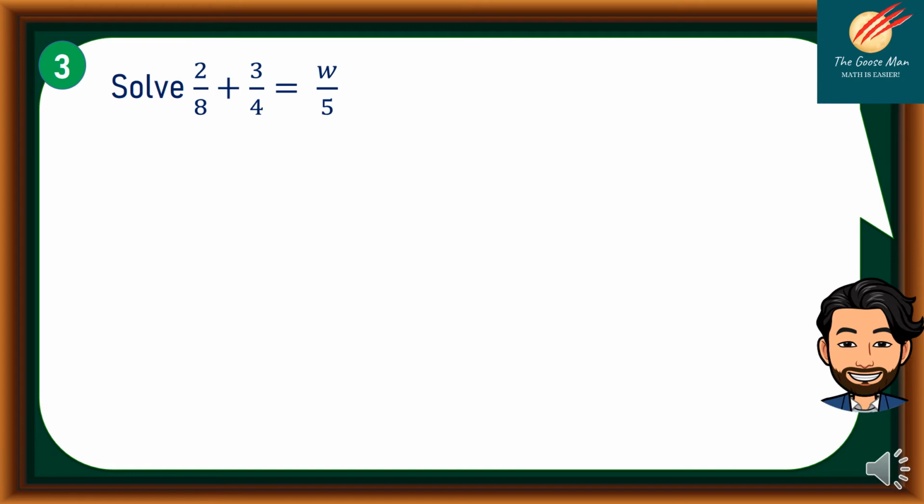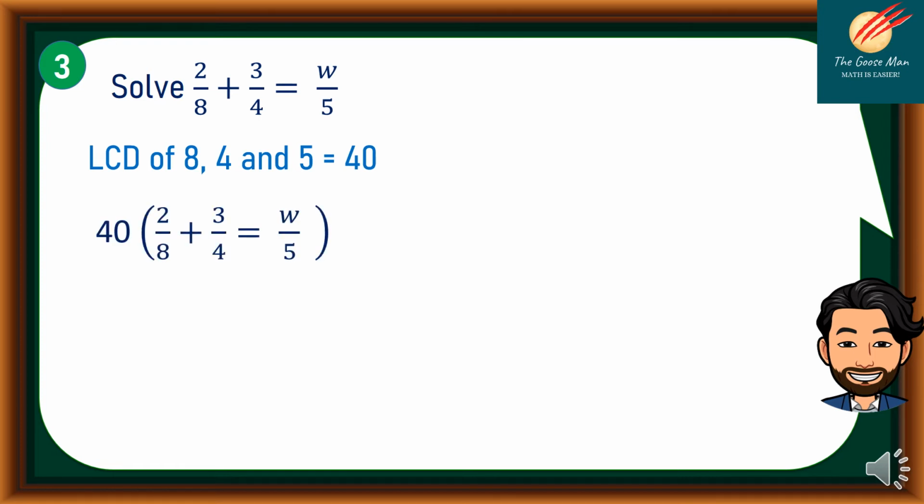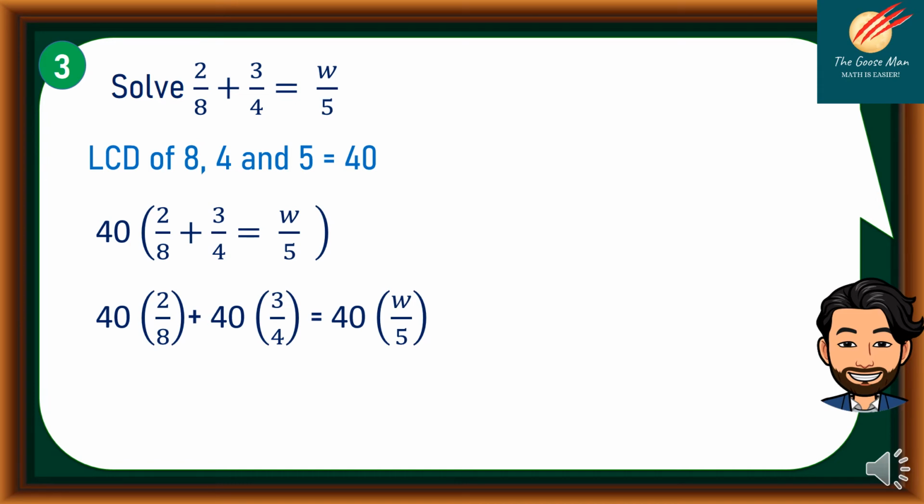Solve 2/8 plus 3/4 is equal to w/5. So again, we will look for the LCD of 8, 4, and 5, which is equal to 40. And then we will multiply both sides of the equation by 40. So it means that we will distribute 40. So meaning to say 40 times 2/8 plus 40 times 3/4 is equal to 40 times w/